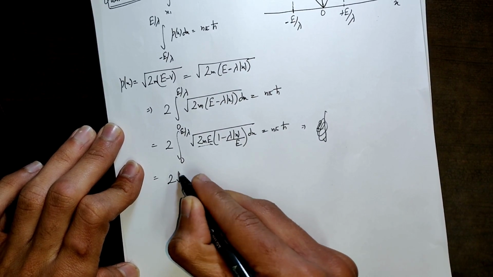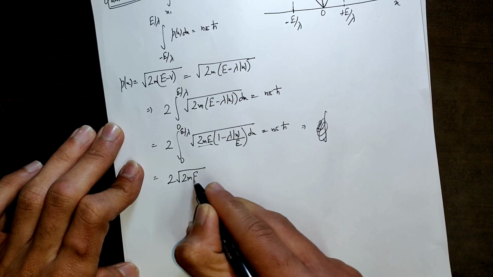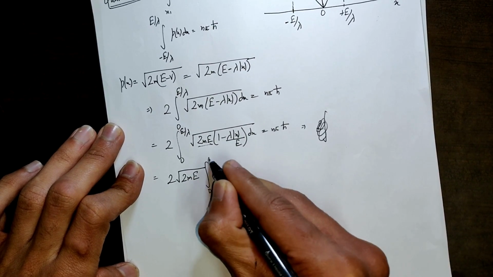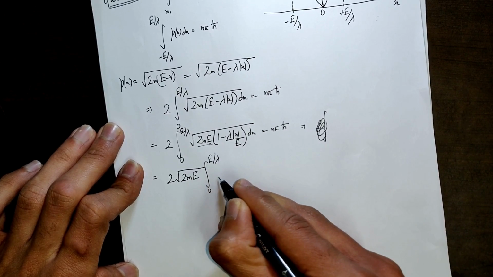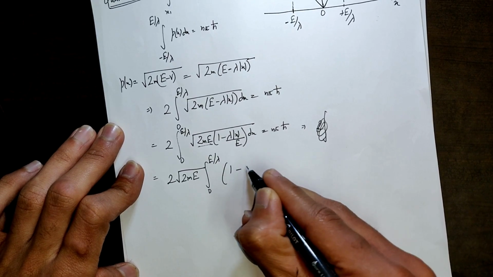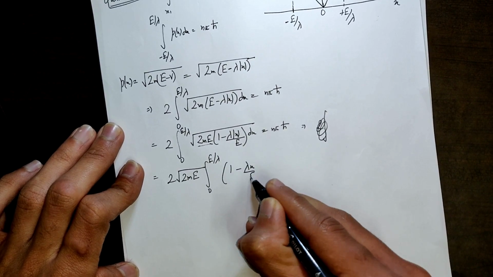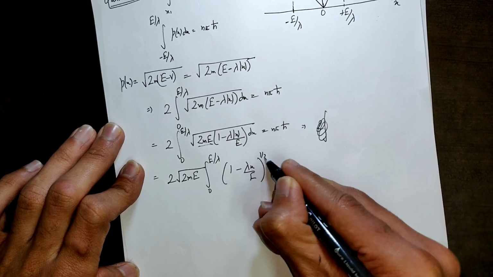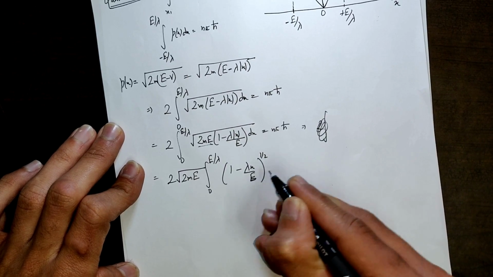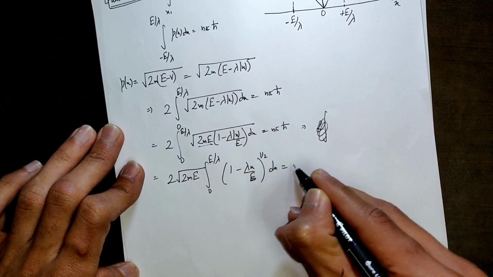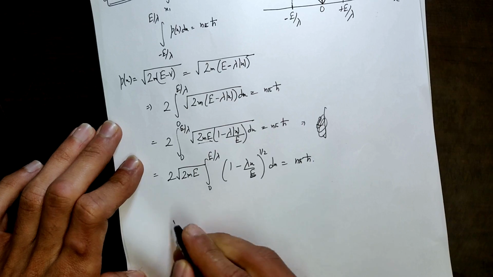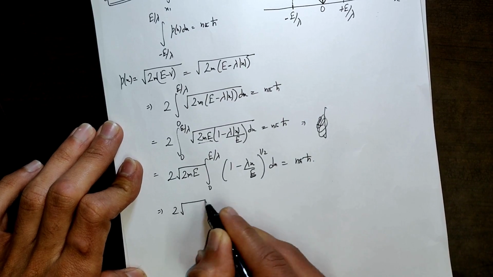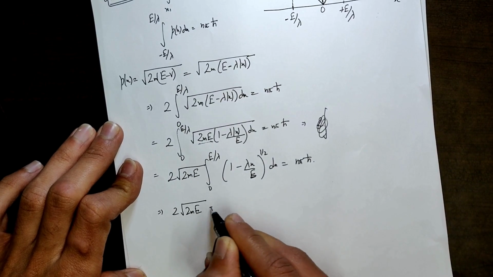So 2 under root 2mE, integral from 0 to E by lambda of (1 minus lambda x by E) raised to power half into dx is equal to n pi h cross. So this would simply be,